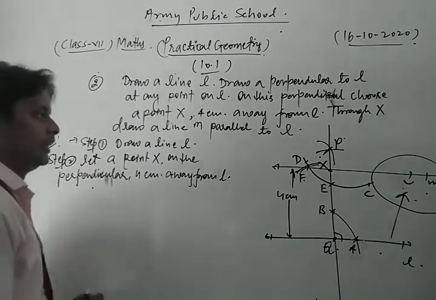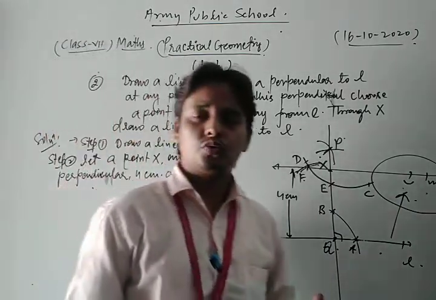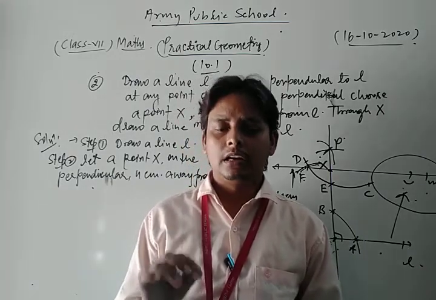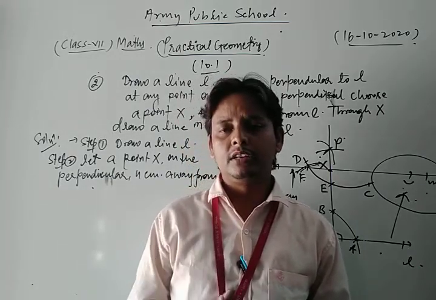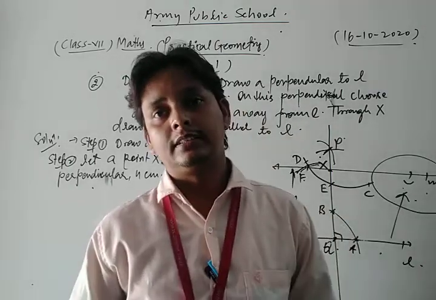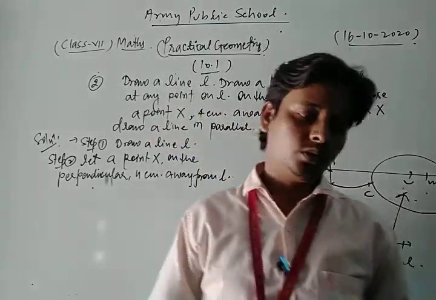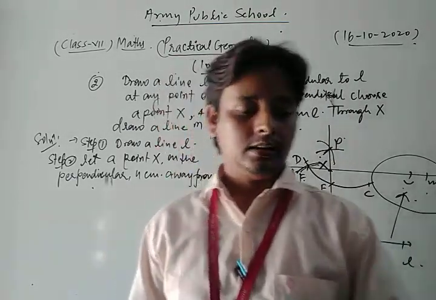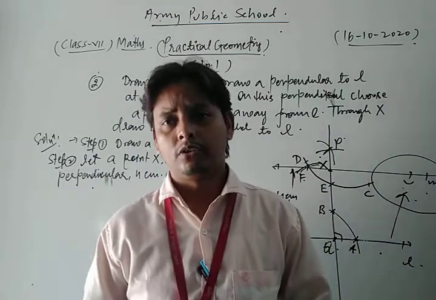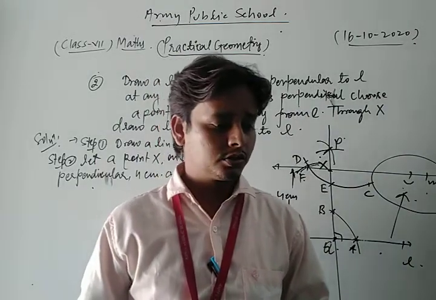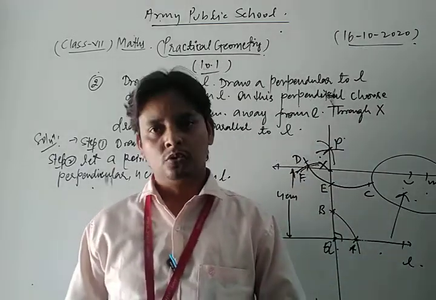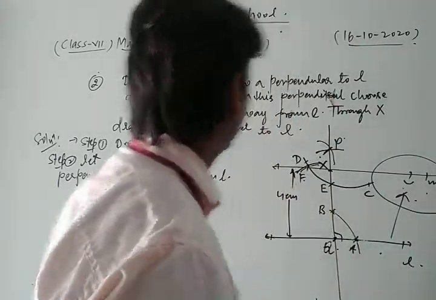Okay, dear friends. Thus, dear students, in this way, we have learned the concept of drawing a parallel line to a given line through a point that lies outside the line. Now, dear friends, we take up and discuss the next topic of your chapter, which is constructing a triangle when the lengths of its three sides are known. Okay, let's see, dear students.